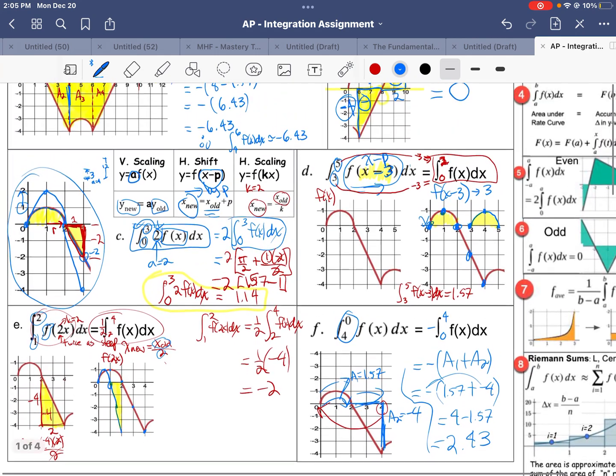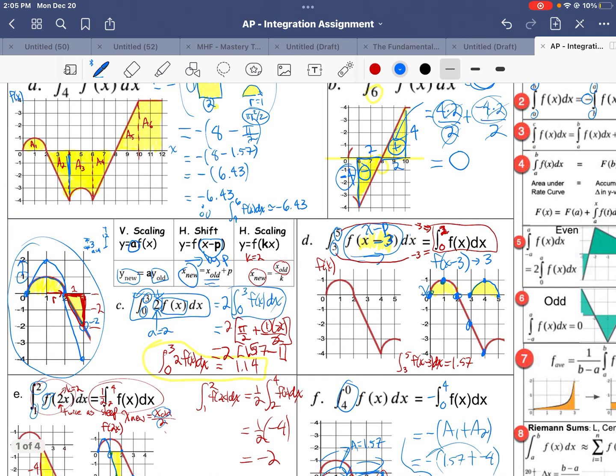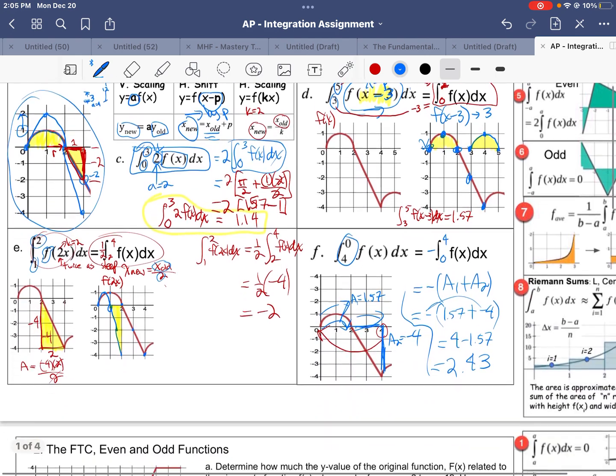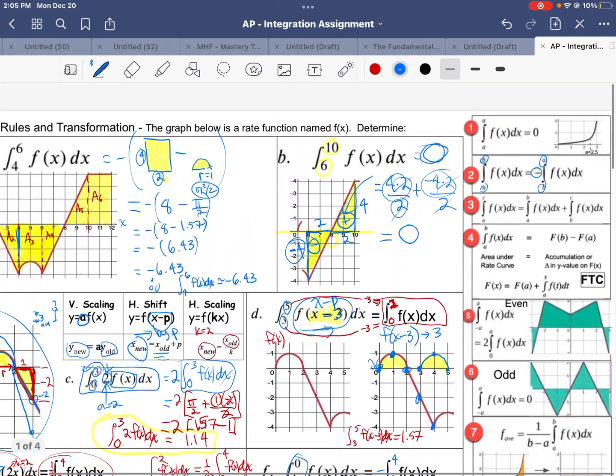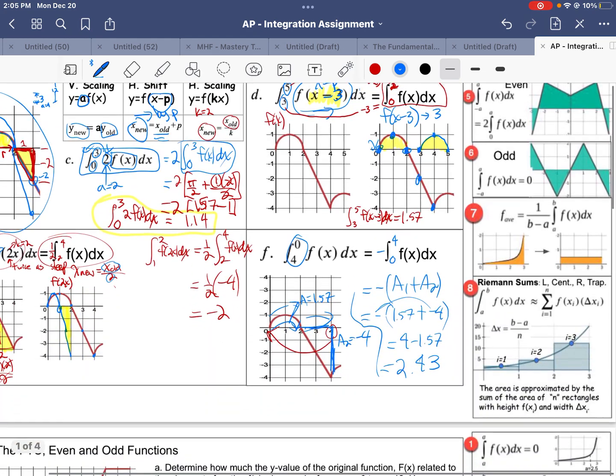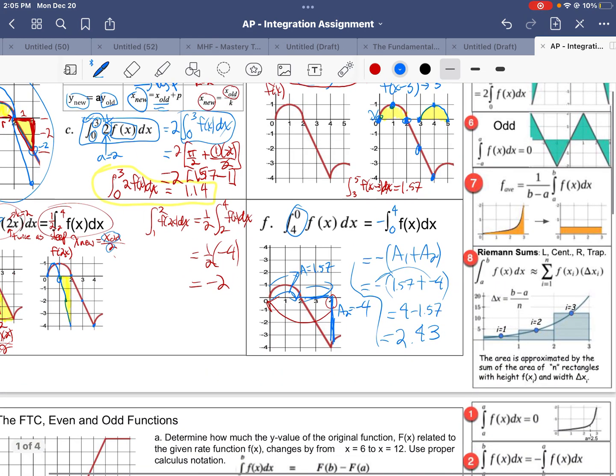Okay, folks, so I think that pretty much takes care of everything on this page. Make sure you're referring to the side here where I've got 8 different rules that we're working with. And I know that was a long one. What you should do now is go ahead and finish these pages on your screen on the board that you can do on